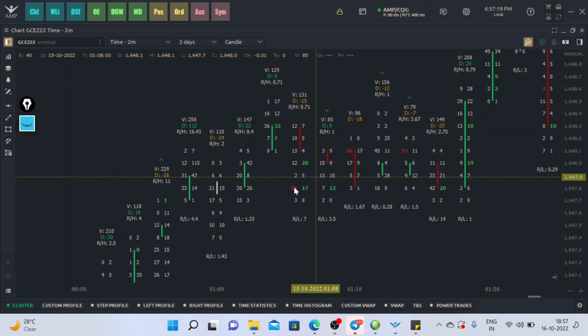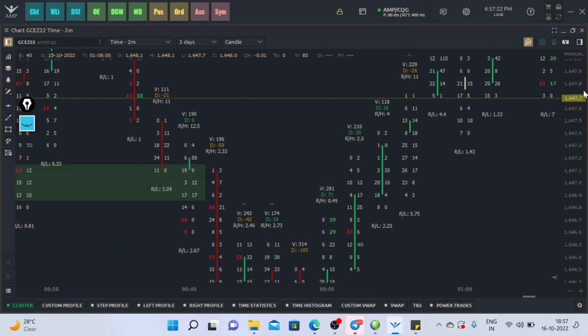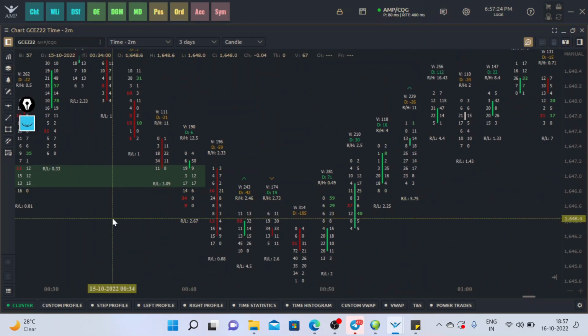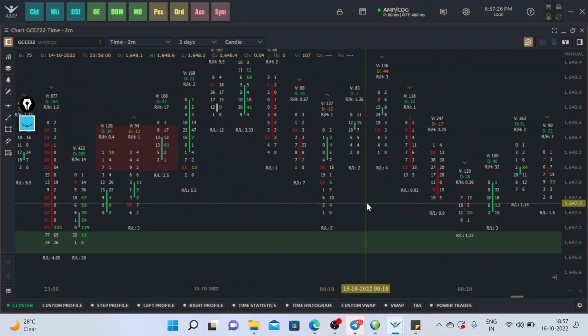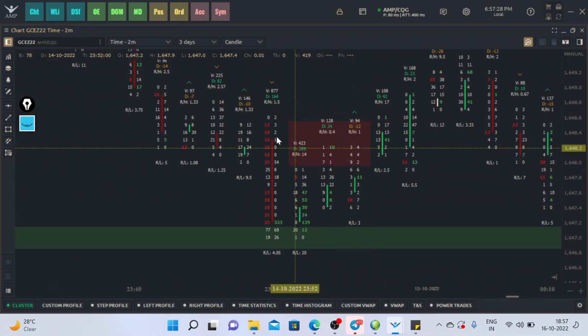As you can see, this is a good software and you can use it for the footprint, and it works very well. I already uploaded some videos, some basic stuff, and in future I will upload more videos so that you will get better clarity on the footprint chart or the order flow chart. You can use these settings and this software, and if you have any question regarding the setup of this chart, you just have to